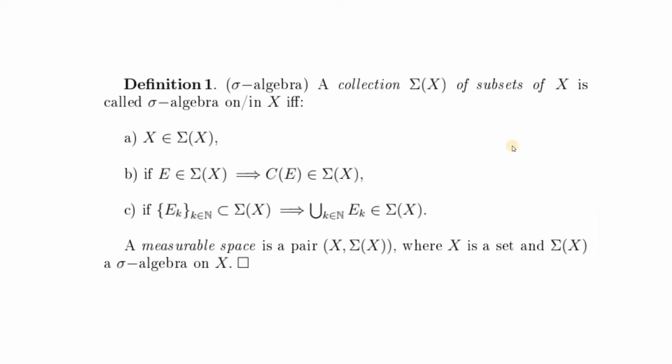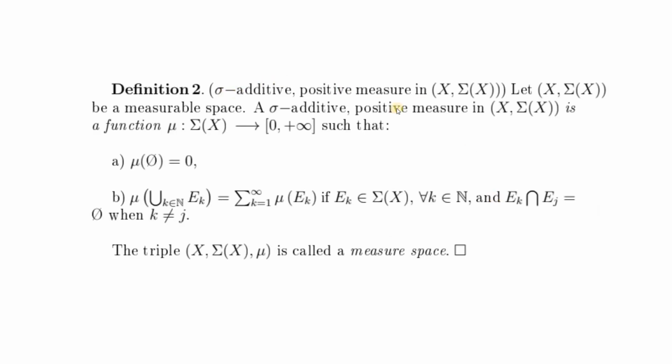So we now have a set with a special collection of subsets that satisfies this. This is useful for the following definition, which is that of a measure. A sigma-additive, positive measure in a measurable space will be